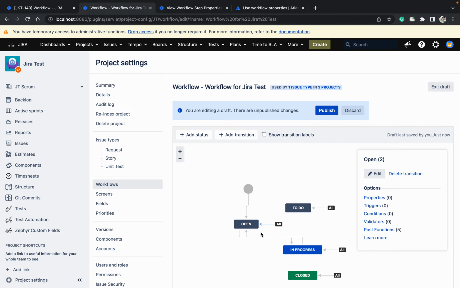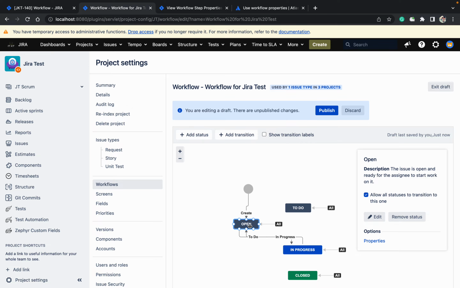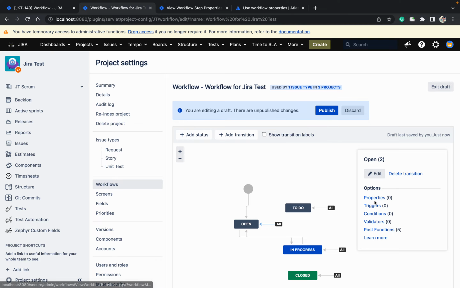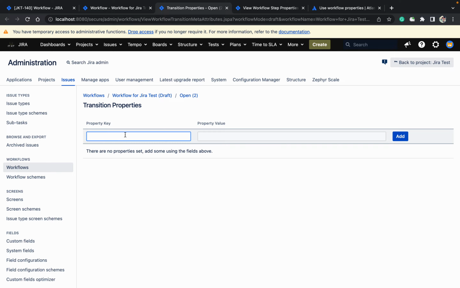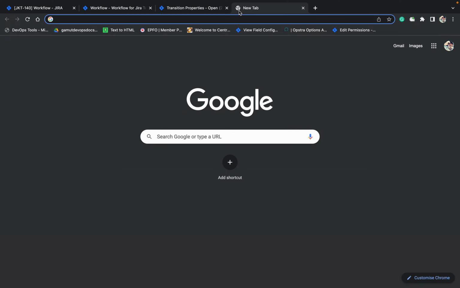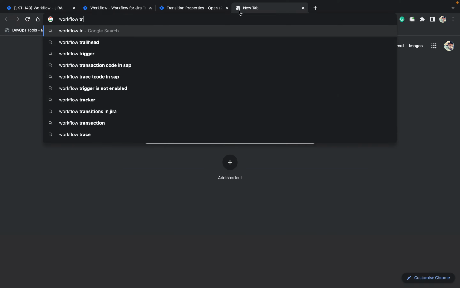Now another thing, these things we will learn. What are the properties? First property we have learned about is the status property. Now we will learn about the transition properties. Click here, and you will get the transition properties. So what is the transition property? What is the meaning of that one? Workflow transition